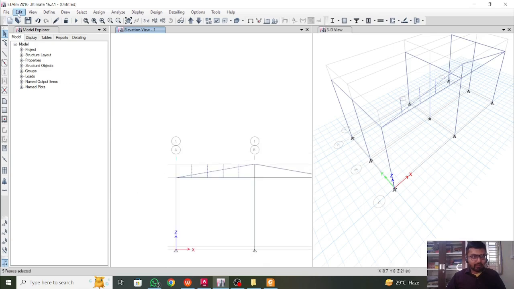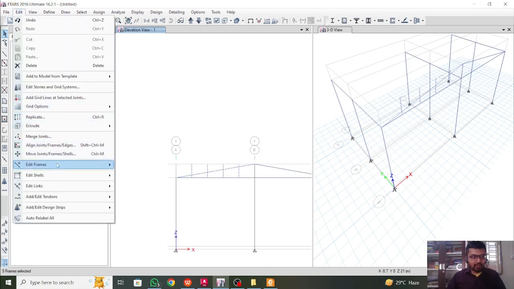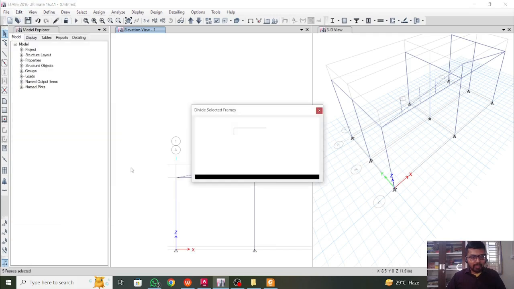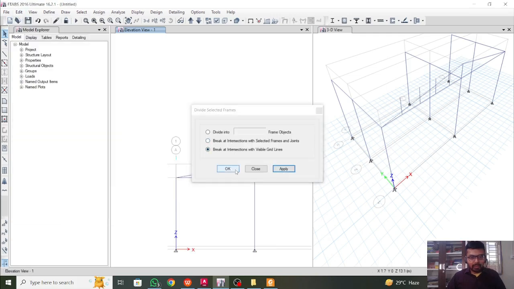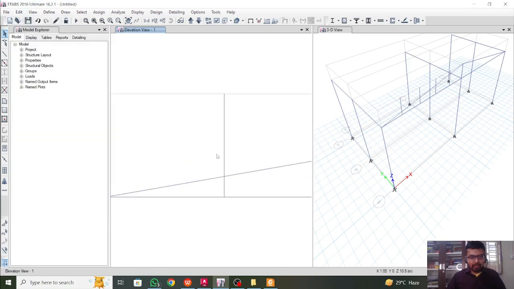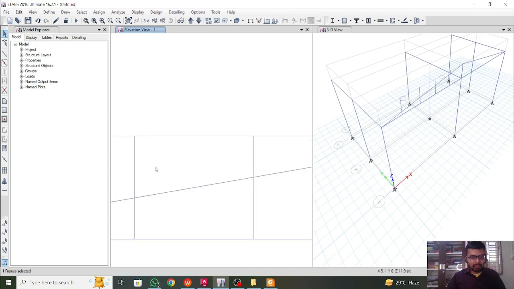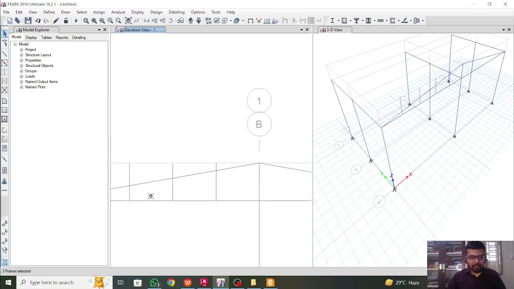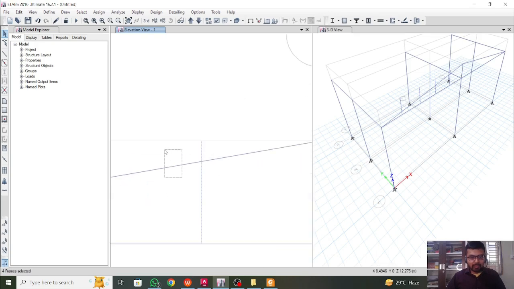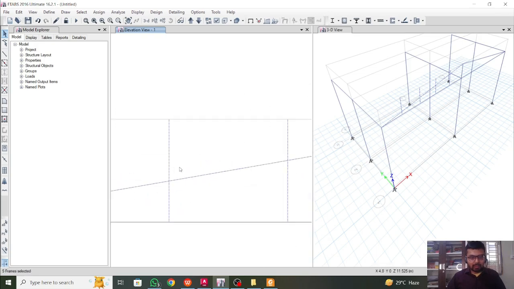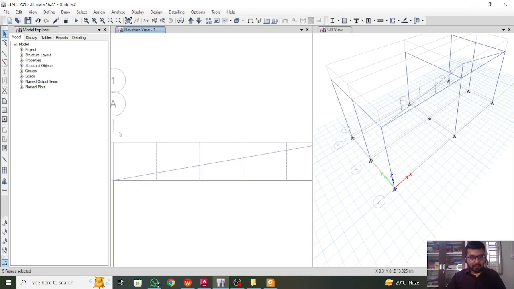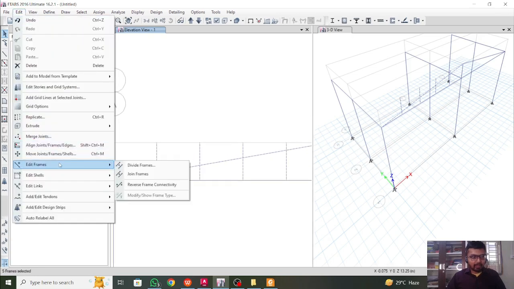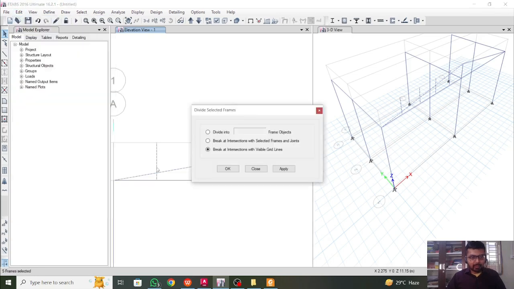Now we'll do the same thing: edit, edit frames, divide frames, break at intersection, apply and OK, and then select this, select this, select this. Oh, it's not breaking. Okay, so let me just try the step again. I think I missed something. Okay, select this, go to edit, edit frames, divide frames,